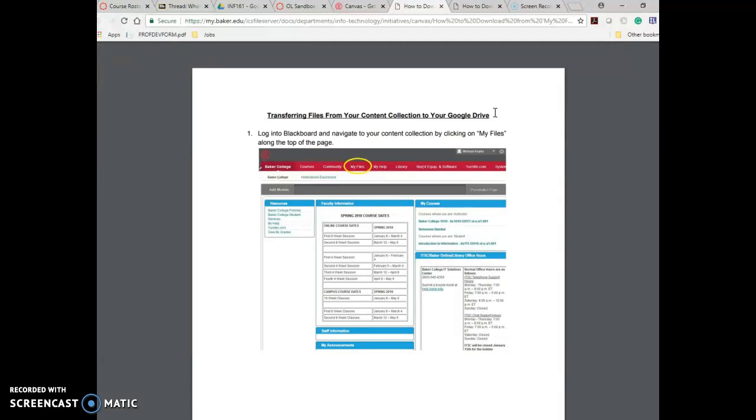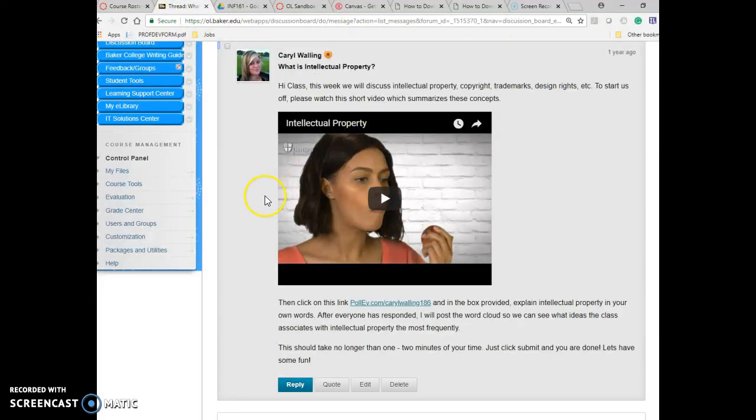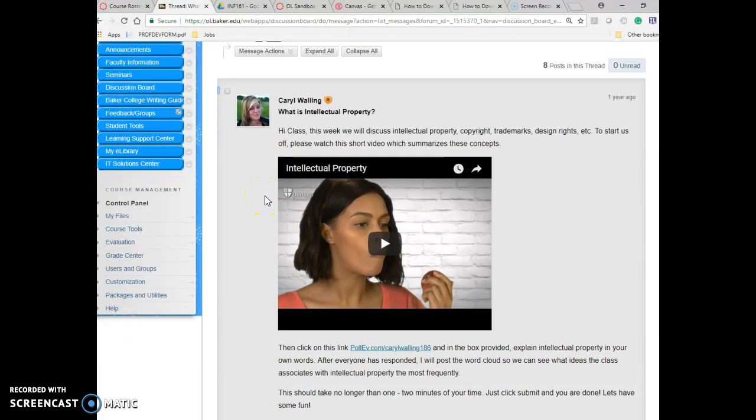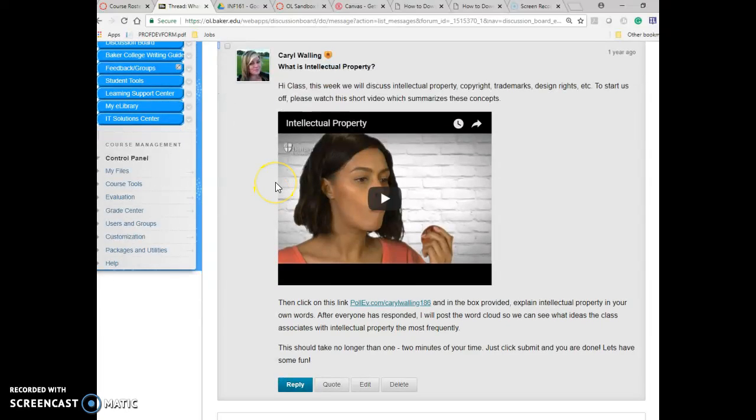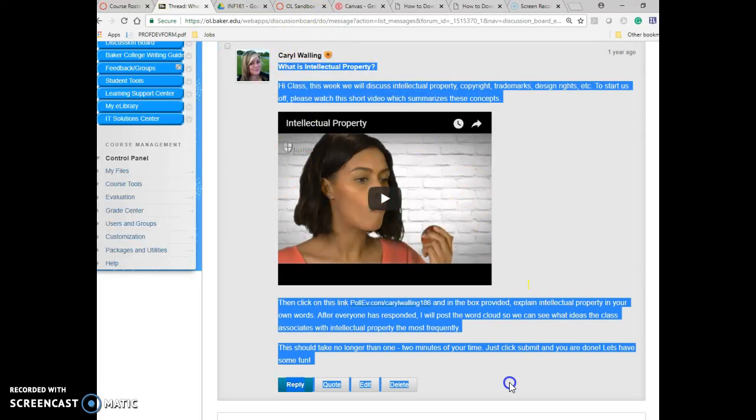If you do not have things in My Files and simply just want to save discussion board posts that you have in the discussion board, you're going to have to go into your discussion board like I have here in one of my courses, and let's say I want to save this discussion board post for Canvas. I'm just going to simply copy it,